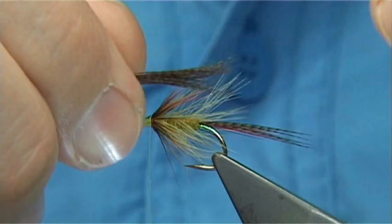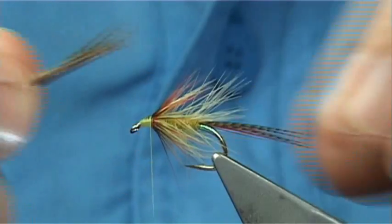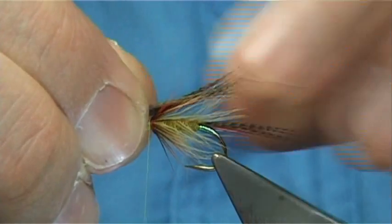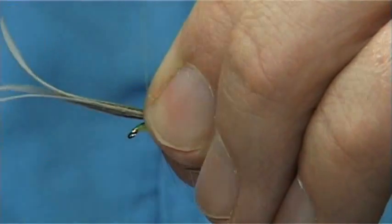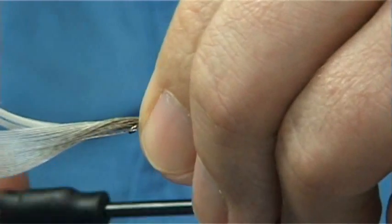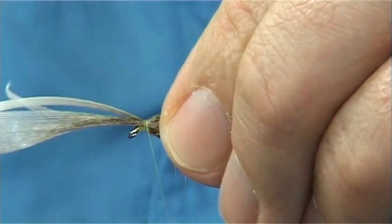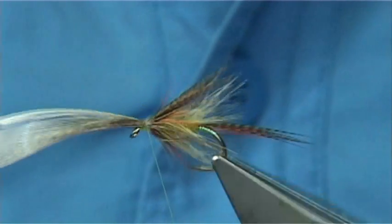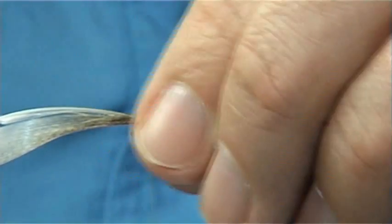Just roll them in your fingers. Get the length you want. We're looking around about the length of the hook. And then using the thread again in my finger, I just encourage the fibres to run or come round the hook. Now if we're not happy the first time, which I'm not, right, I'm going to go back,